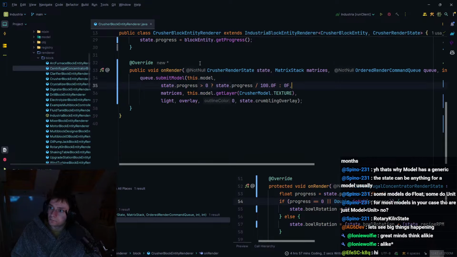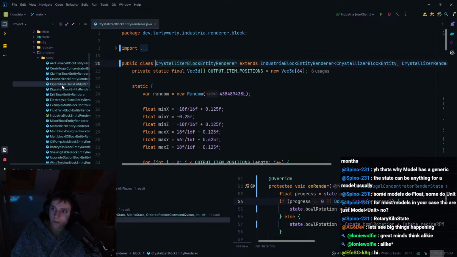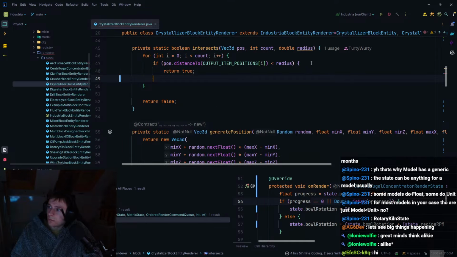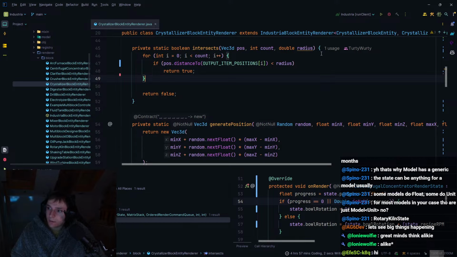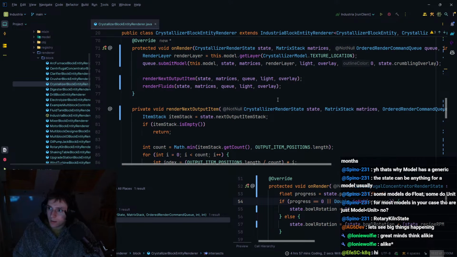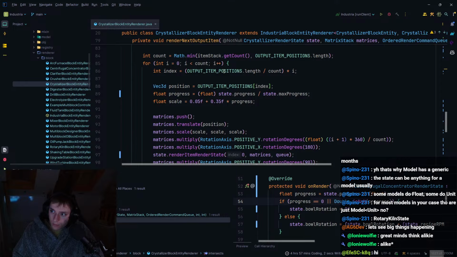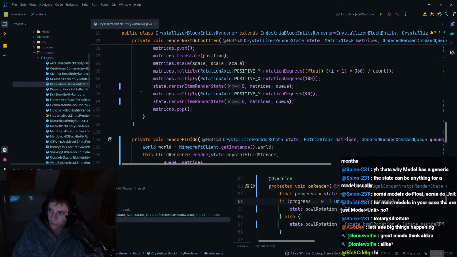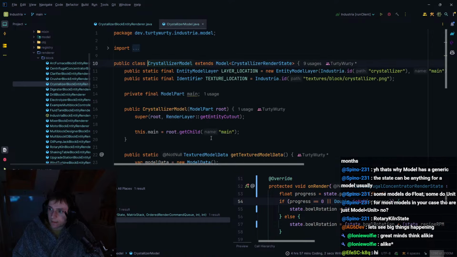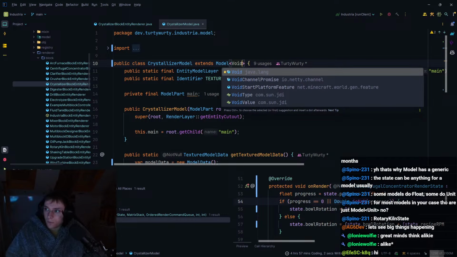Okay, so yeah, that's the crusher done. So next one is the crystallizer. So let's go and have a look at this one. Whilst I'm here, just make sure I'm having some consistency. Okay, so crystallizer I don't think does anything like that. No, the crystallizer is once again nice and easy, and this one can just be void